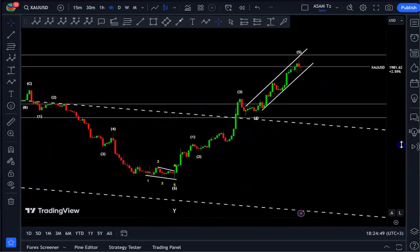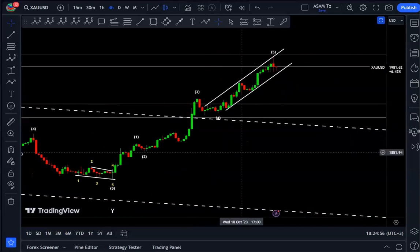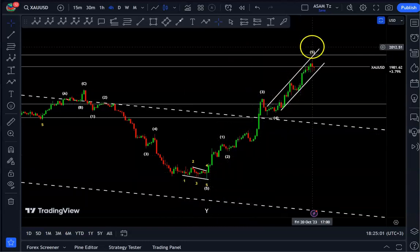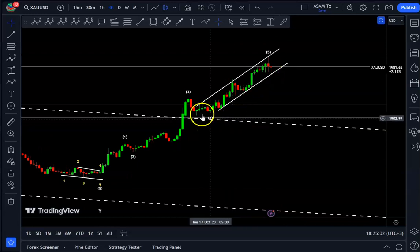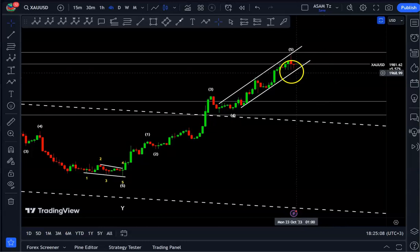So now in the 4-hour time frame, we see the levels of support and resistance at the same time as I said in the daily time frame. In addition, we can now clearly see the wave counts. Currently price is completing the fifth wave, which may probably be already completed up to the moment, but possibly